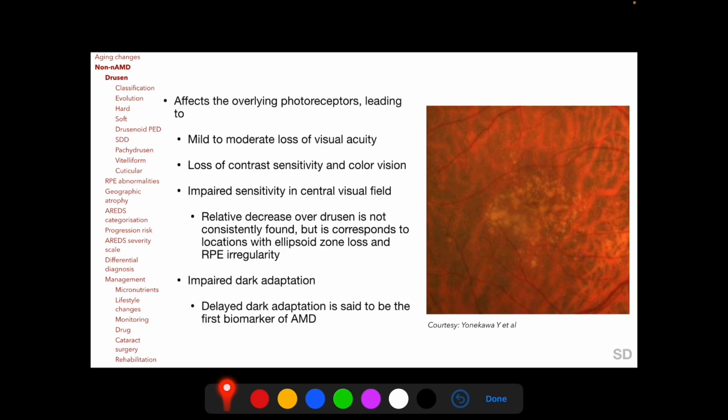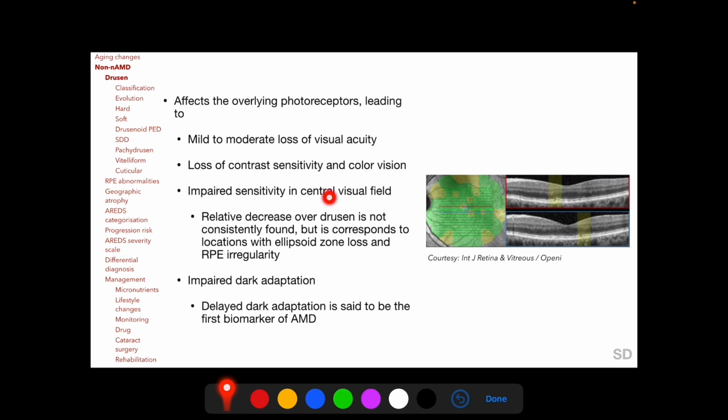Patients with drusen are usually asymptomatic, but drusen may affect the overlying photoreceptors, leading to mild to moderate loss of visual acuity, loss of contrast sensitivity and color vision, impaired sensitivity in the central visual field as determined with microperimetry, and impaired dark adaptation. Delayed dark adaptation is said to be the first biomarker of AMD, and microperimetry shows that relative decrease in sensitivity does not consistently occur over drusen, but rather corresponds to locations with ellipsoid zone loss and